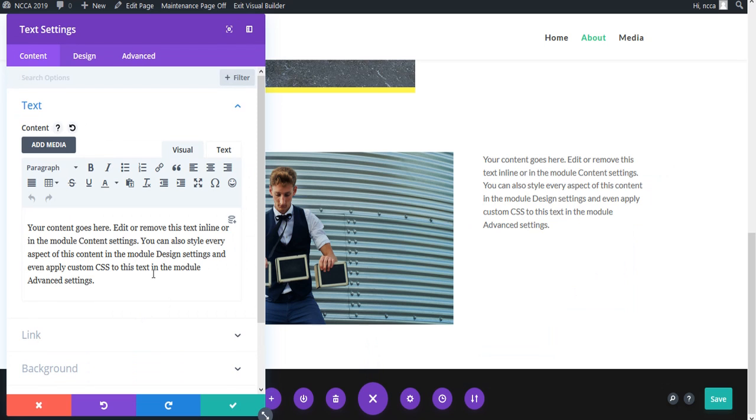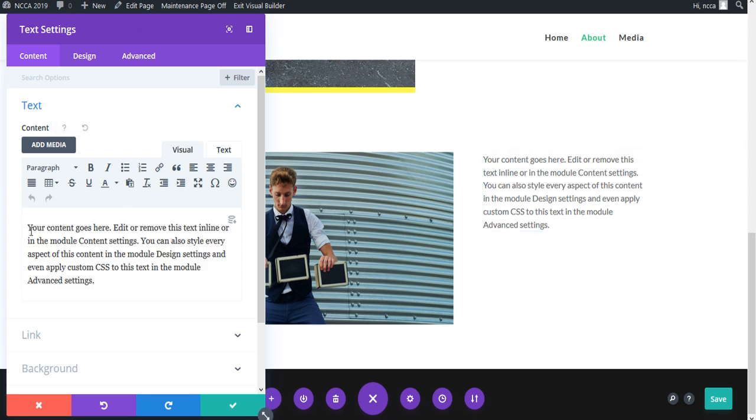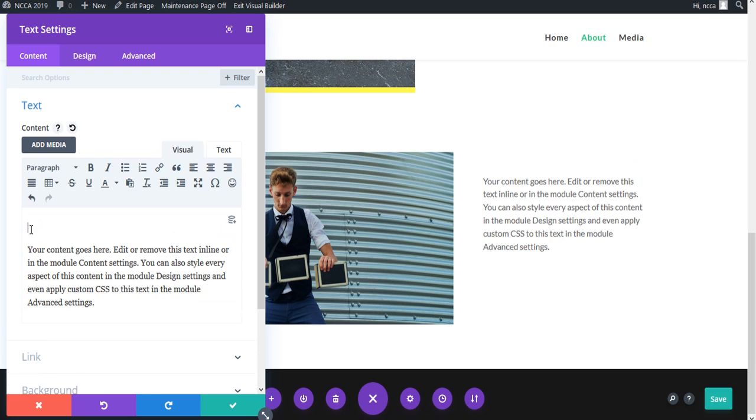Text. When you use this front end visual builder, it adds some dummy text here. Your content goes here. I'm just going to leave that in because that actually saves me typing anything. I'm going to add a header. So if I was having a title of this bit of text, the easiest way to make headers